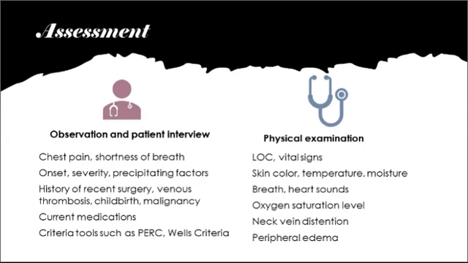Your assessment: observing for chest pain, shortness of breath, onset, severity, precipitating factors, any history of recent surgery, venous thrombosis, childbirth, malignancy, anything that puts them at risk, any current medications they're on, and using one of the criteria tools. Level of consciousness, vital signs, skin temperature, moisture, breath sounds, O2 sat, looking for neck vein distension, peripheral